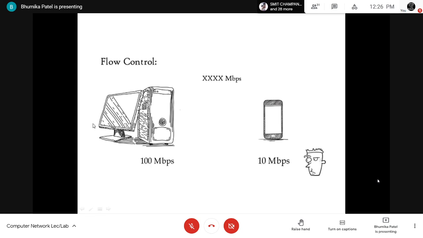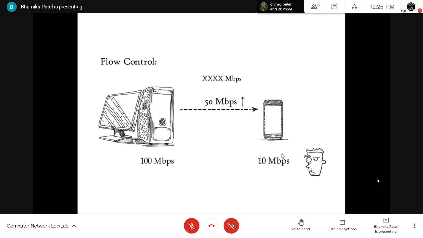Okay, so now for example we are downloading a file from the server. Now for example, the server starts sending data at 50 Mbps. The maximum is how much? 100. For example, it is sending the data at 50 Mbps, which is greater than the rate that our mobile can process, right? Because our mobile's speed is only 10 Mbps. Here 50 Mbps is greater than 10 Mbps.